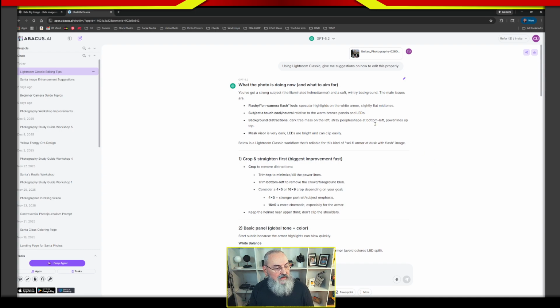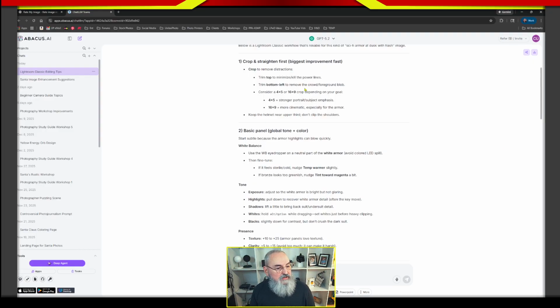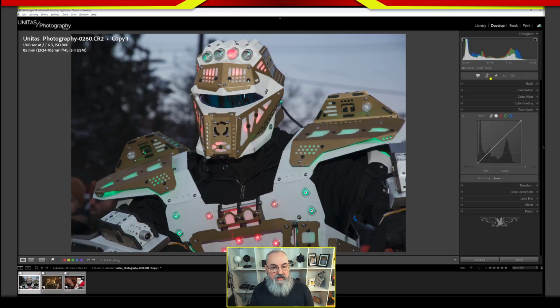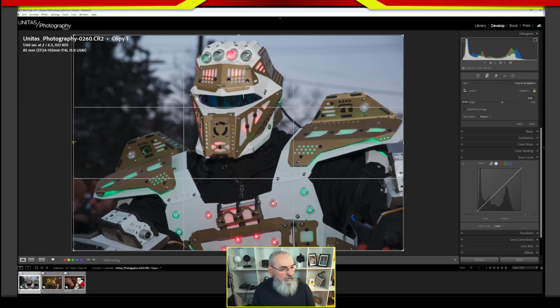All right. So below is the Lightroom Classic workflow. All right. So it's saying use the crop to remove the distractions. So basically trim the top to minimize or kill the power lines and trim the bottom left. Excuse me. All right. And consider either a 4:5 aspect ratio or 16:9. So it's currently 16:9, depending on your goal. My preference is to keep it to the 16:9. But if we crop a little bit, all right, see, we're pretty,